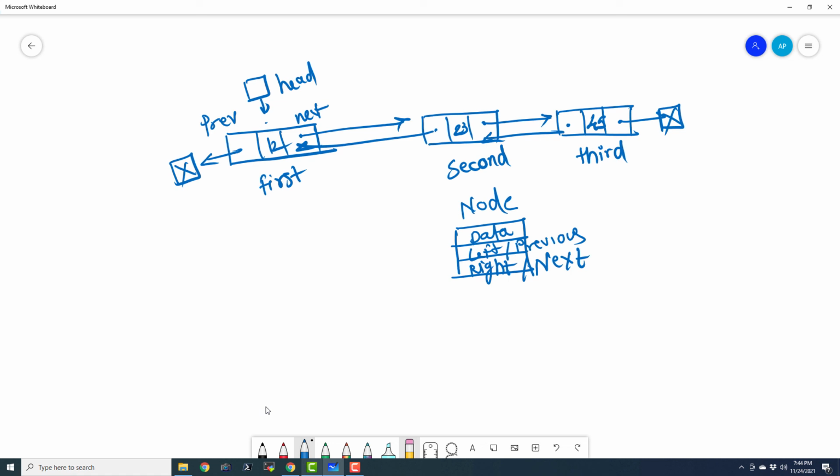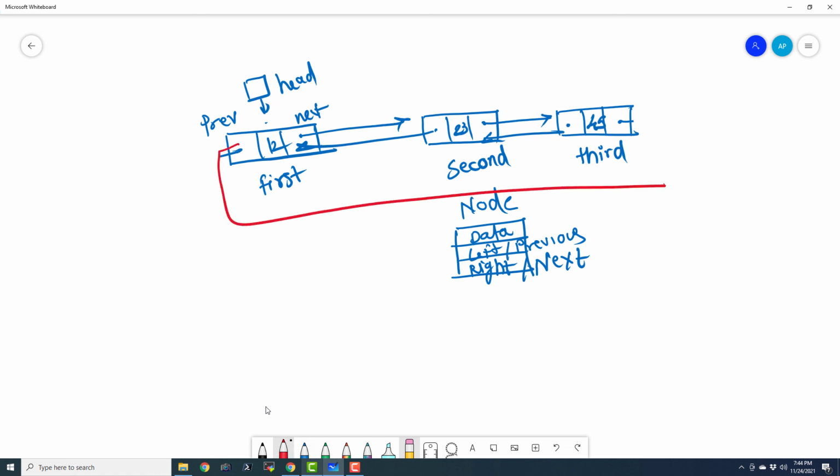Now we can even have a circular or loop kind of doubly linked list, and that is also useful. So let me erase that. Okay, so this is the very first time I'm using the eraser to erase the stuff. And let me take a pen again. It is a red pen. And there is another link from this, and it is going to point to the very first node. So this is what we call a circular doubly linked list.